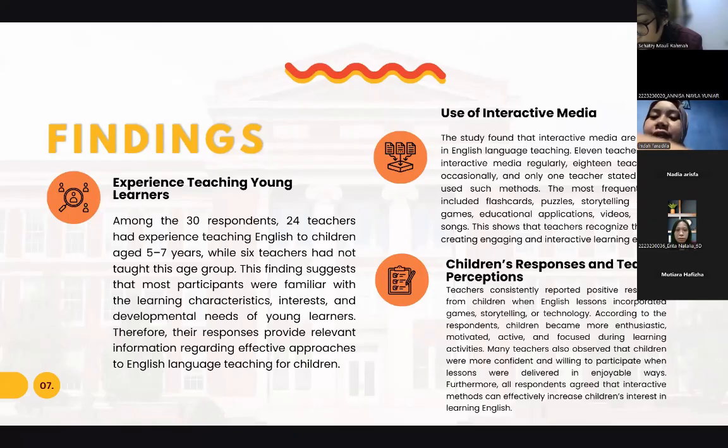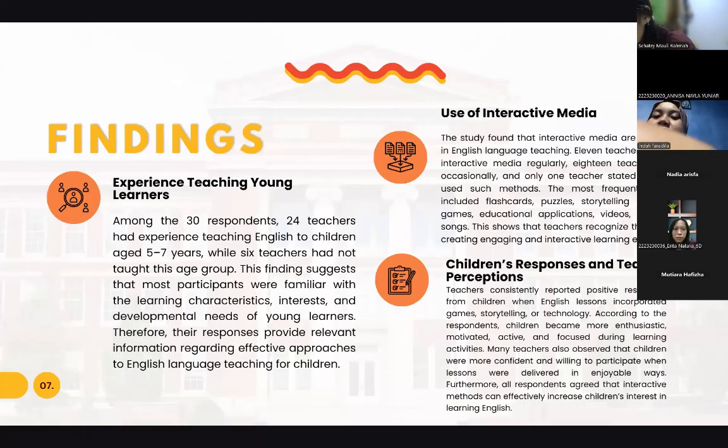The second finding, among the 30 respondents, 24 teachers reported having experience teaching English to young children, while 6 teachers had not taught this age group. This finding suggests that most participants were familiar with the characteristics, needs, and learning preferences of young learners. Therefore, their perspectives are highly relevant to the focus of this study.